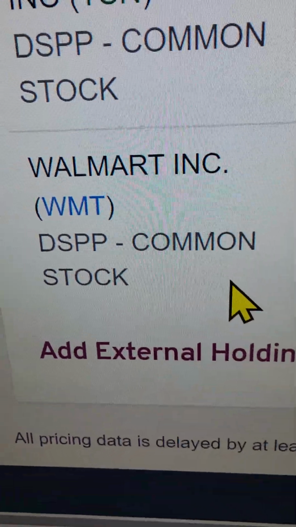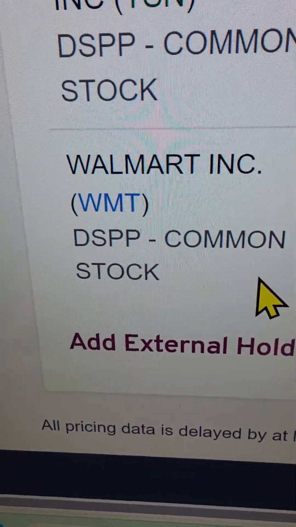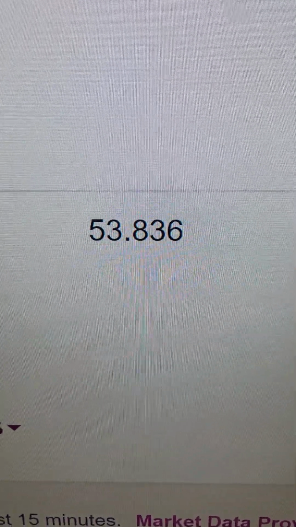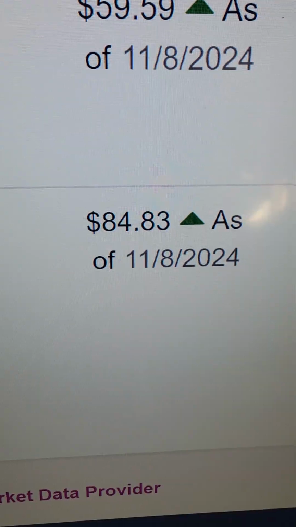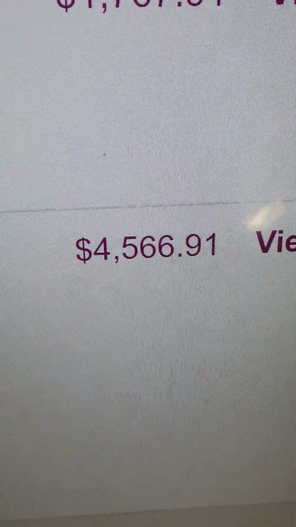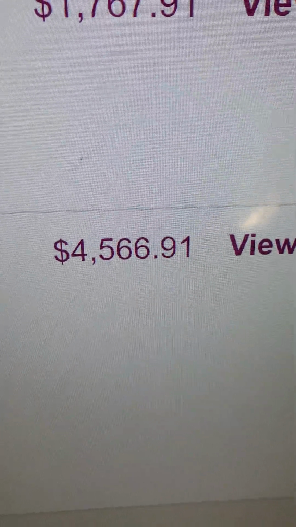So I'm going to let you see that so it doesn't sound like I'm blowing smoke. One of the reasons, every week, there's our Walmart stock. DSPP just means it's common stock. 53.836 shares, $84.83 per share, and that's its market value, $4,566.91. I'm doing this to show you that there are ways for you to make money throughout your lifetime